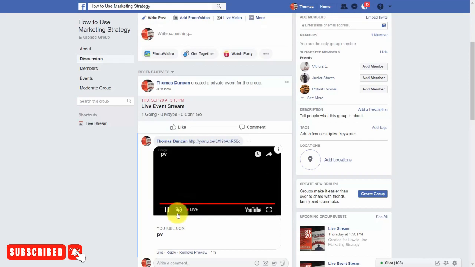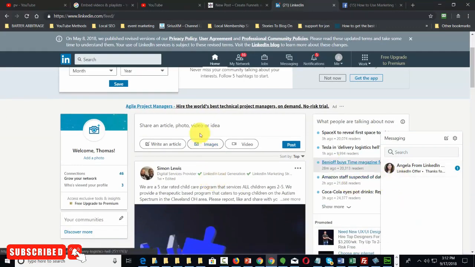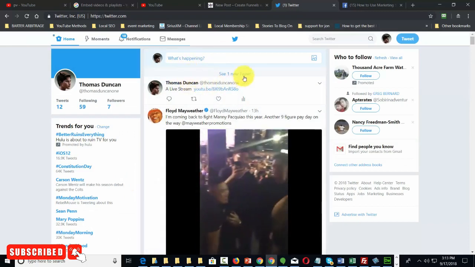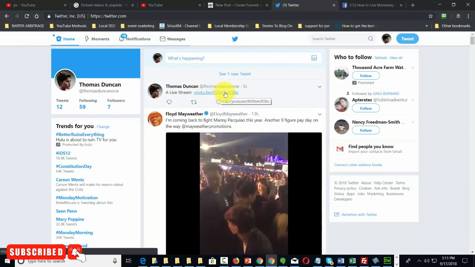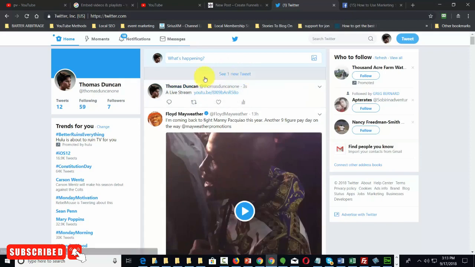Now it won't be enabled for sound by default. They'll need to enable the sound, so you may want to give them instruction to do that. They will also be able to embed the stream on LinkedIn in the very same way, but this will be in their status. Now by posting to Twitter, all you'll have is your direct link. So they'll be clicking this link, but they'll actually be taking the path back to YouTube Live. So this will not be an embedded stream.